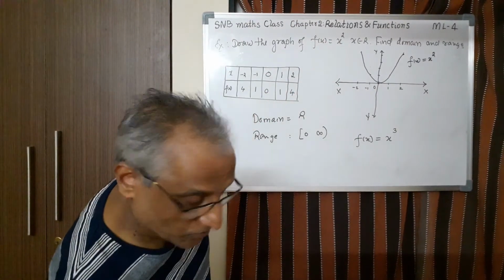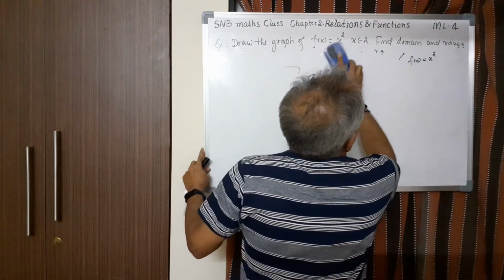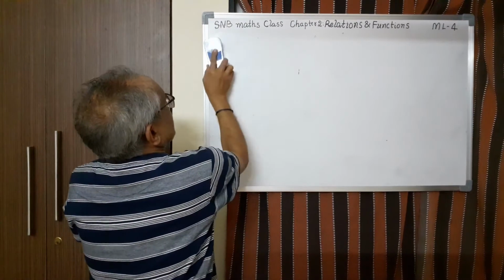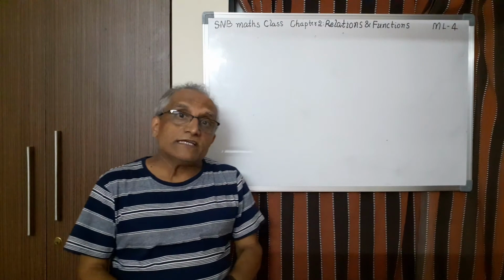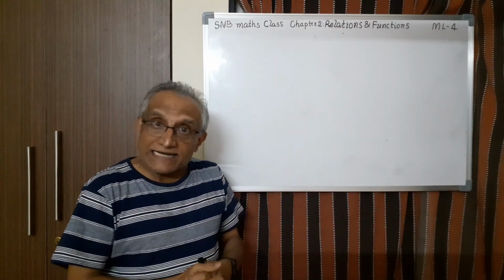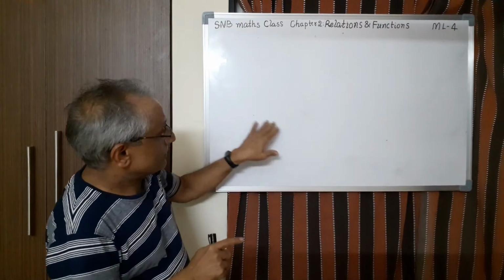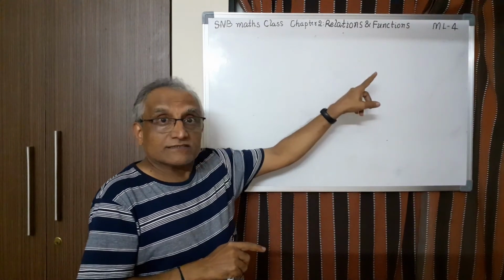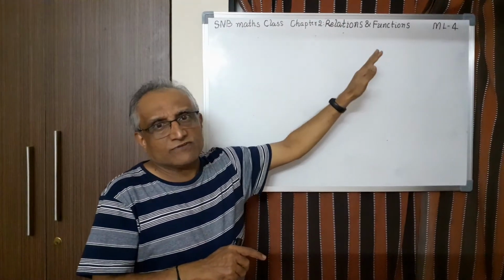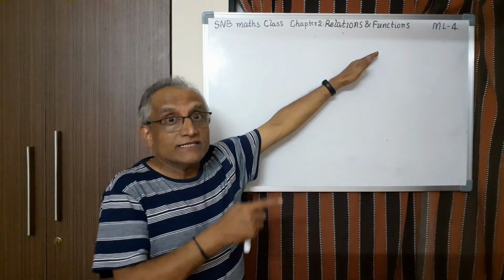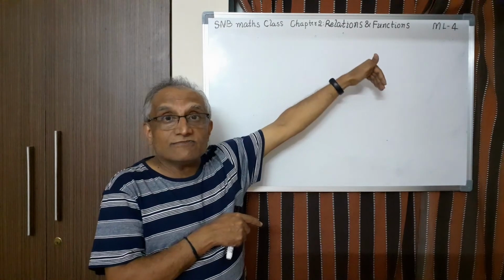So let me conclude today. I have started with types of real functions, and we have considered, first one is identity function, second one is constant function, the third one is polynomial function. Under that I have taken two examples. One is f of x equal to x, that is also a polynomial function. f of x equal to, for example, 2x plus 3, 2x plus 1, etc. It is a straight line. So linear, that is why it is called linear function. Second one, I have taken f of x equal to x square, which is a parabola.